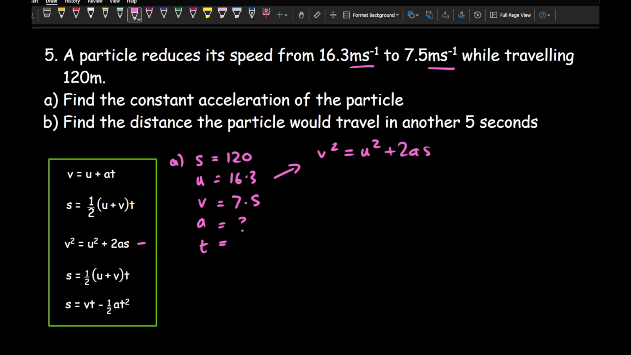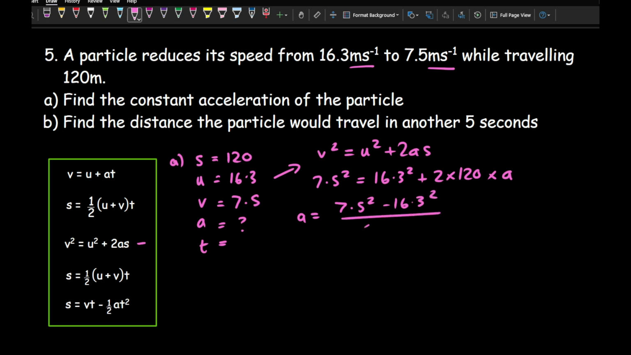If anything, just to save us when we're checking our work to make sure we've not made any silly mistakes. So here we've got 7.5 squared equals 16.3 squared plus 2 times 120 times A. Now working out what A is, it's going to be 7.5 squared minus 16.3 squared, all divided by 2 times 120, and that gives me an A value of minus